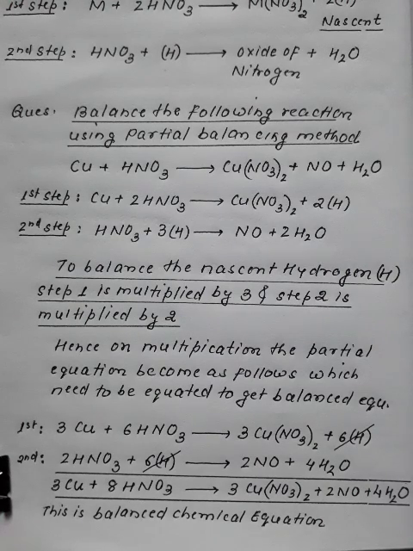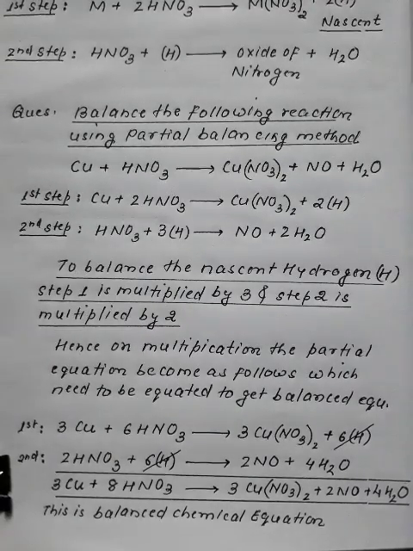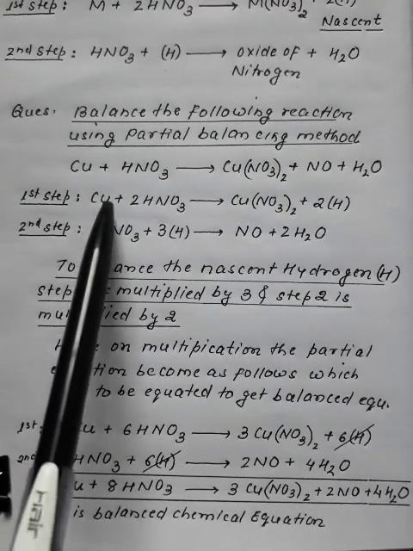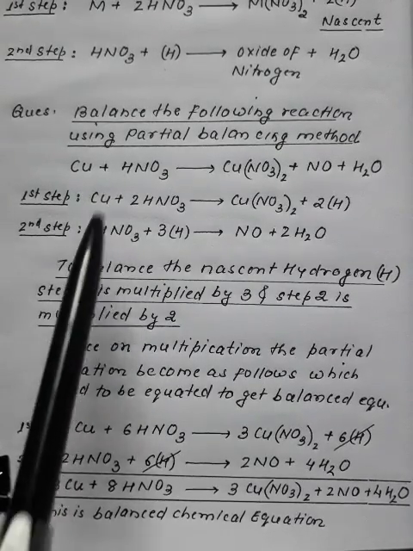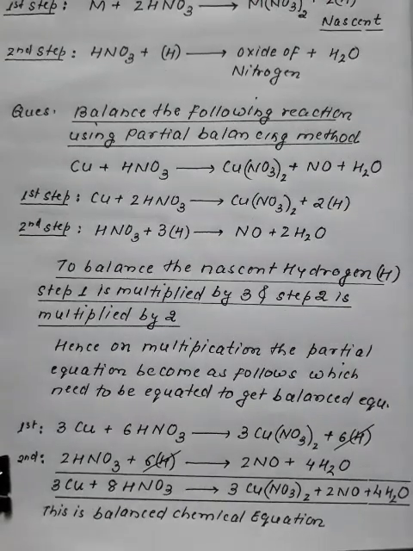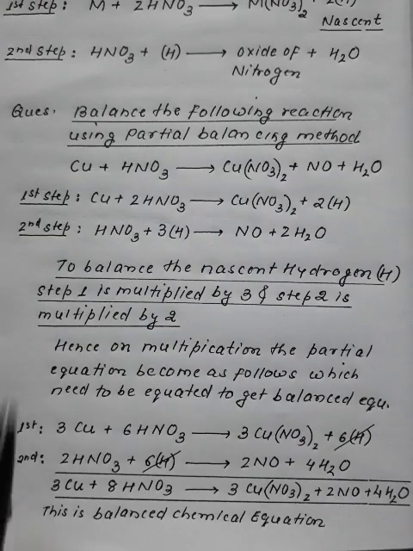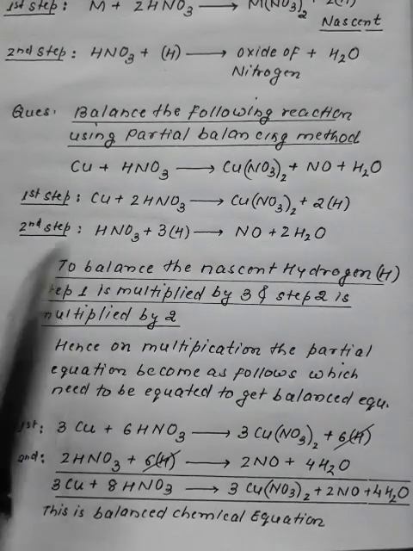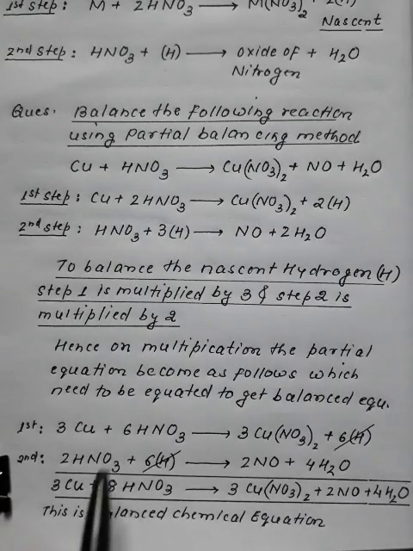Now what is this? This is the skeletal reaction. These are the partial reactions. So what we have done is divide this skeletal reaction into 2. These are the partial reactions, then these partial reactions were balanced. Now, as needed, these partial reactions were cross balanced. So the skeletal reaction is divided into 2 steps. These 2 steps are balanced, then they are cross balanced, and after cross balancing we finally equate them.